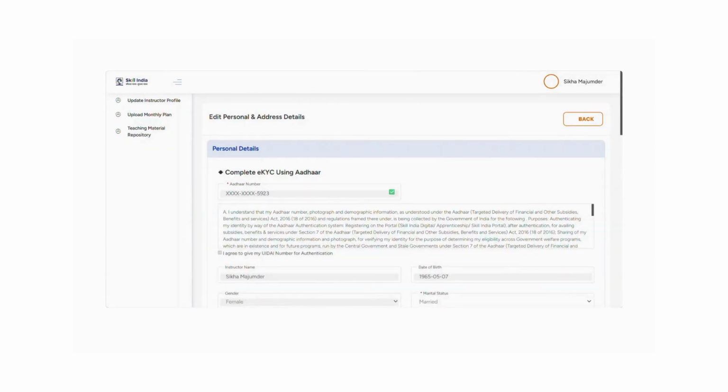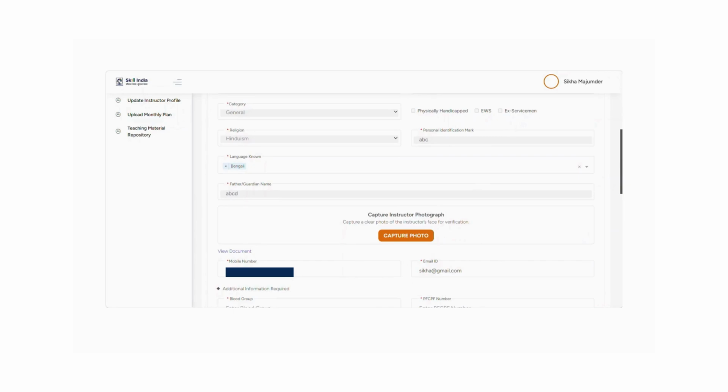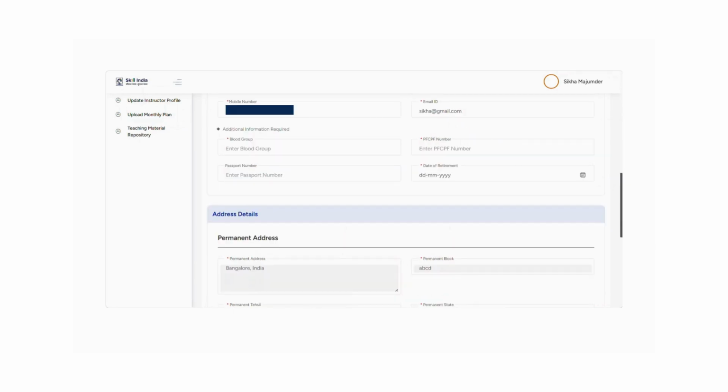The personal details screen displays the information provided by the instructor during registration. By clicking the Edit icon, the instructor can update their personal information and add additional details such as their blood group, PF/CPF number, passport number, and date of retirement.